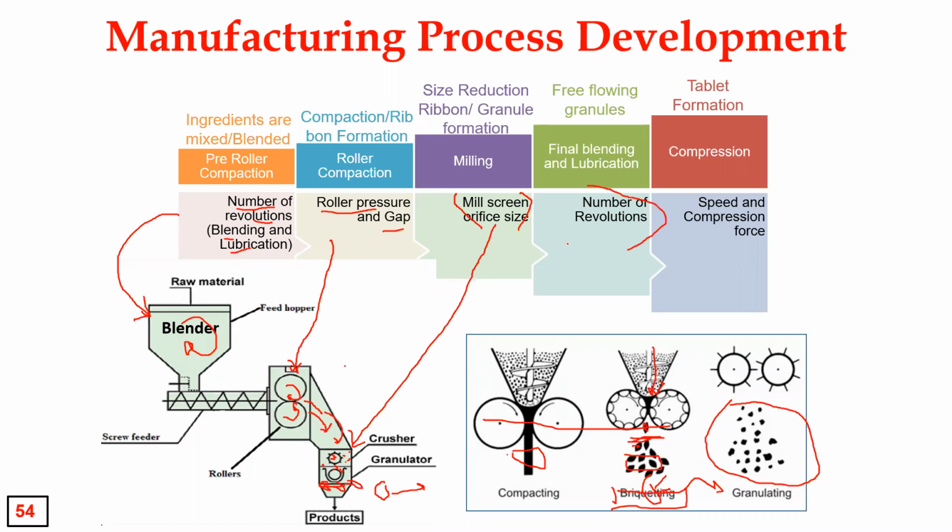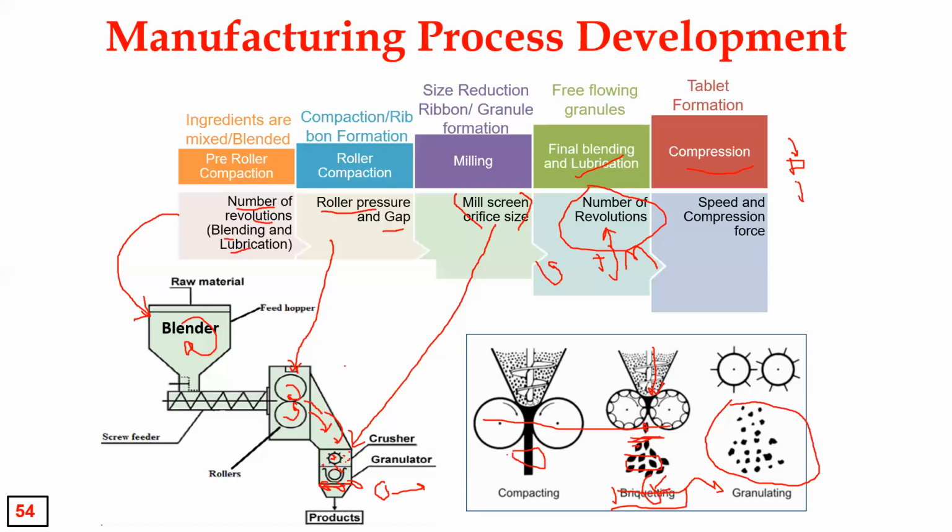Finally, we are adding the talc and magnesium stearate as an extragranular matrix, right? That is a step here. So after adding, you are going to lubricate it by blending it, just simply using a blender. Now, what is the number of revolutions, and how is it affecting the uniform blending of this mixture? Those are the critical process parameters related to the final blending.